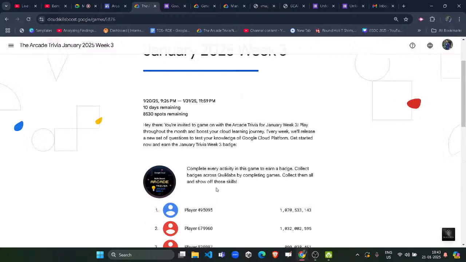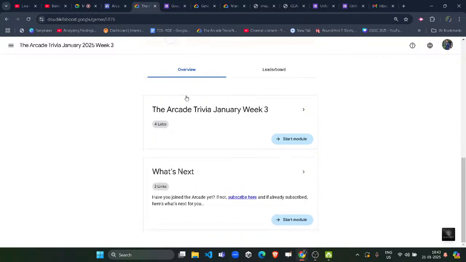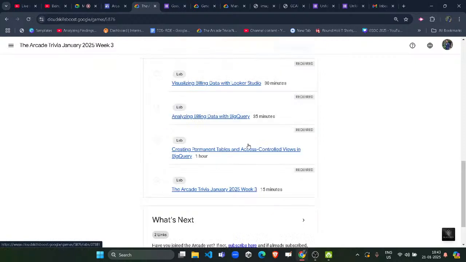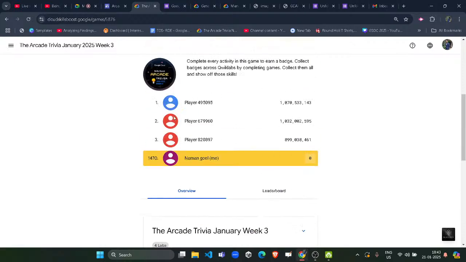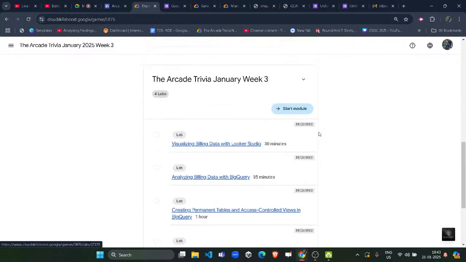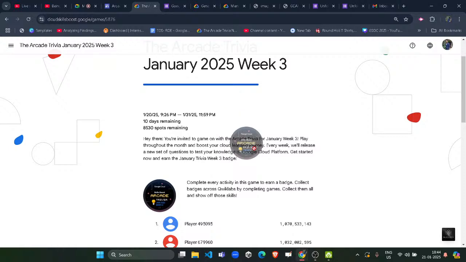Okay, so once you have to perform certain labs. These are the modules, and in every module there are a certain number of labs tagged as required. You are seeing this label, required, and these are known as the labs. You can see the tag, lab. In a particular challenge, there are labs which are required, and you have to complete these labs to get that particular